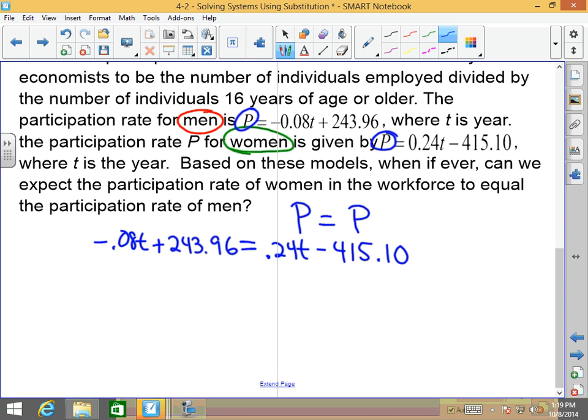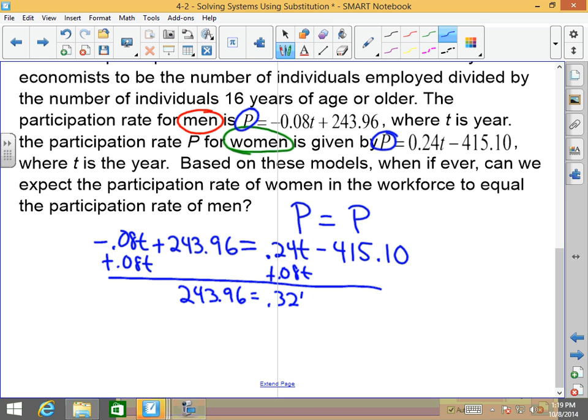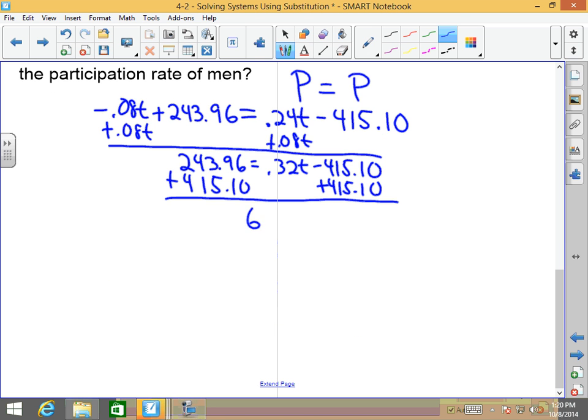Let's bring all the T's together to one side. So let's add 0.08T to both sides, giving me 243.96 equals 0.32T minus 415.10. Add 415.10 to both sides, which is going to give me 6, 0, carry the 1. That's 659.06 equals